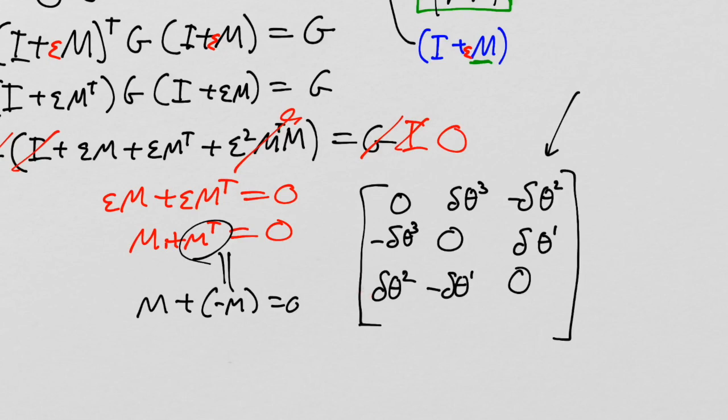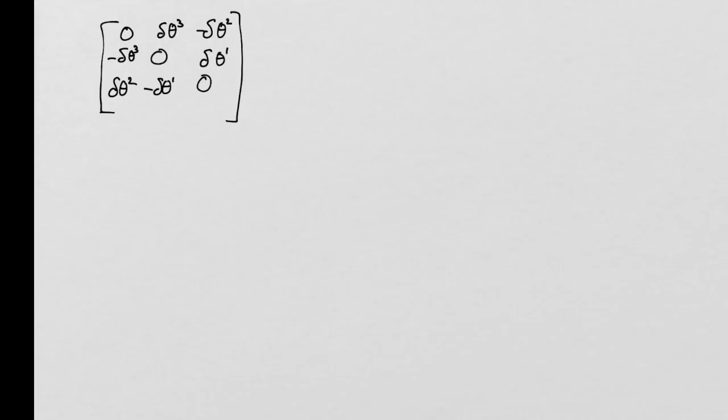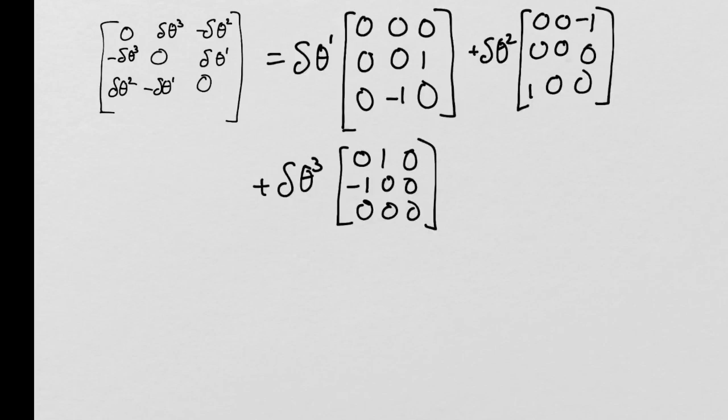You would have put the minus sign down here instead of up there, right? So the answer ultimately would have come out equivalent or the same. So we're going to accept Gilmore's decision about how to draw this matrix. But the important thing is that we can now create the basis, right? If we look at this matrix right here, we can always make it by taking these three matrices and multiplying by the parameters. So these three matrices now become the basis of the vector space of